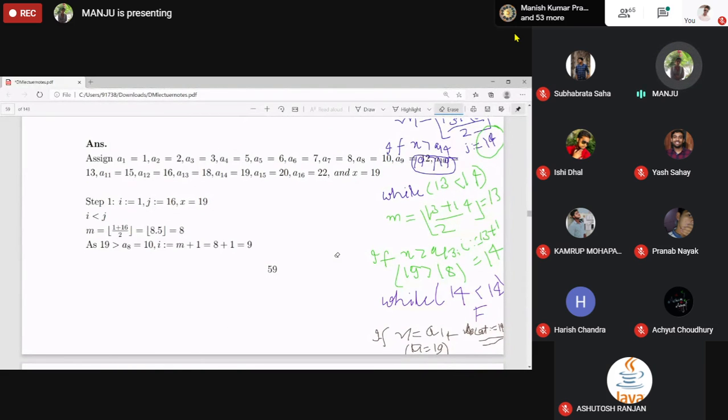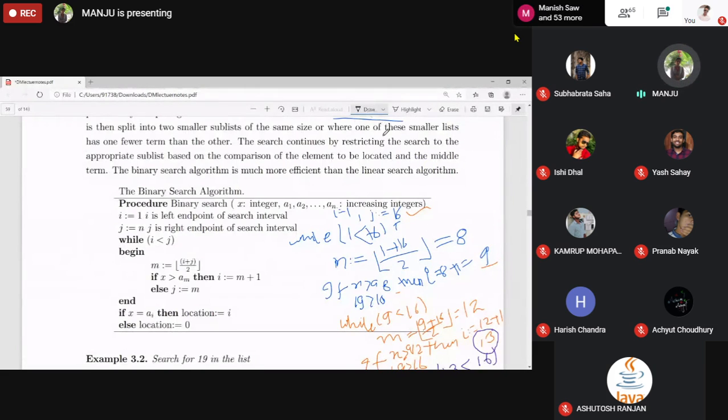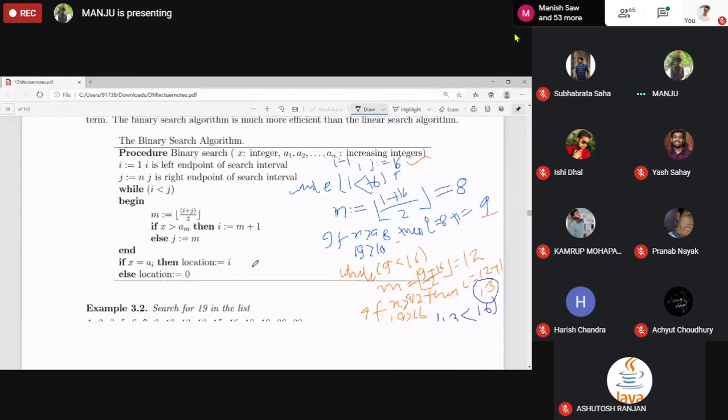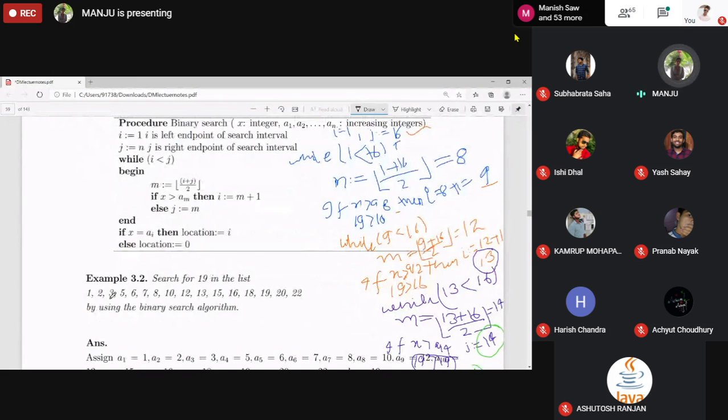See what is happening here. In linear search, if it would ask by using linear search, we will search and compare one by one in a linear way, right? And how many steps? Up to this step. At this one we got false for the while loop, right? Then it comes out of the while loop and checks whether I is less than or equal to n or not. Then it gives you the location.